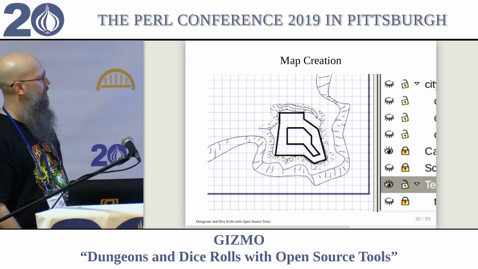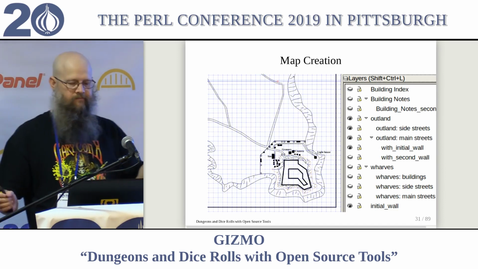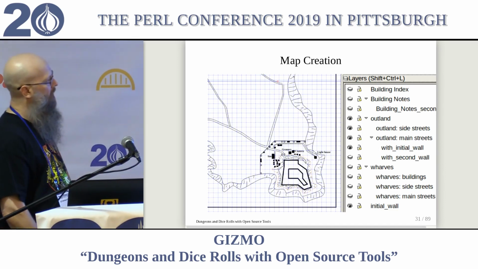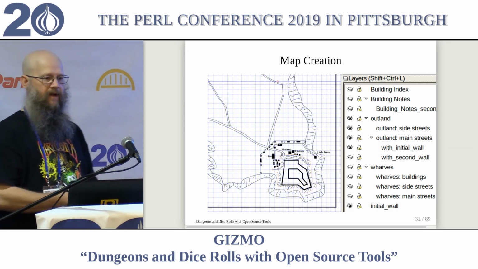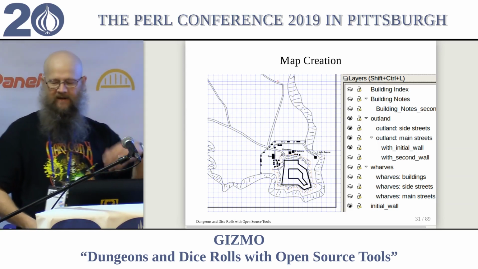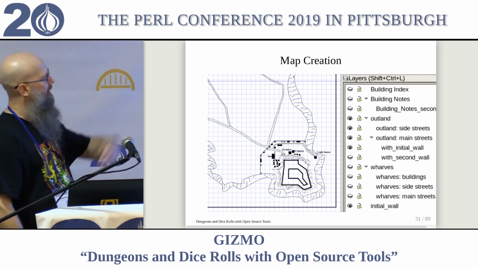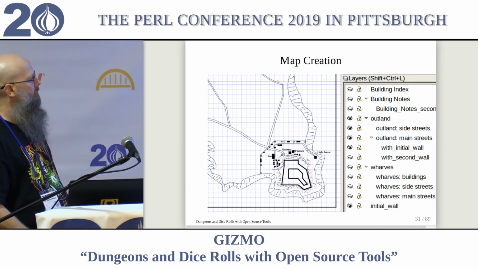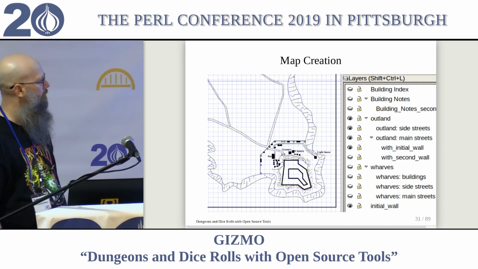Then I add, okay, there's people that are going to need a wall to protect them and places to live and a place to keep their food. No big thing. And with layers, you can hide and show different layers as you're working through it, kind of like when you see animators back in the day doing hand drawing, they'll flip back and forth to see things. So I can see where roads were, where I had them, where I think they should be now.